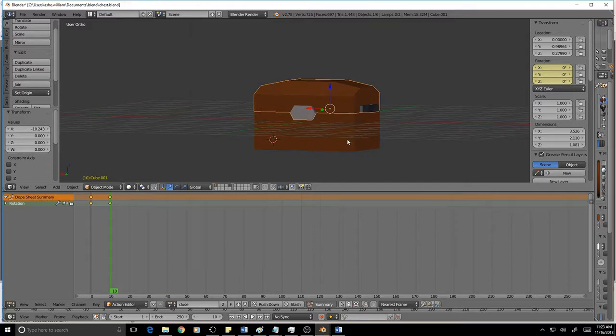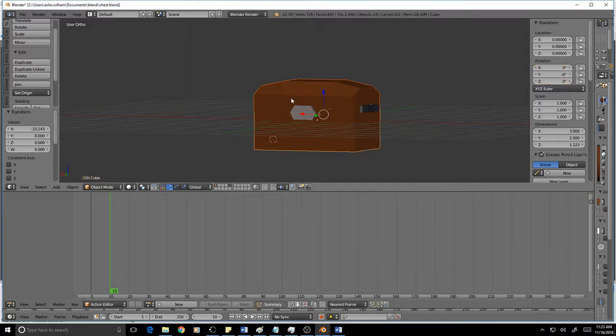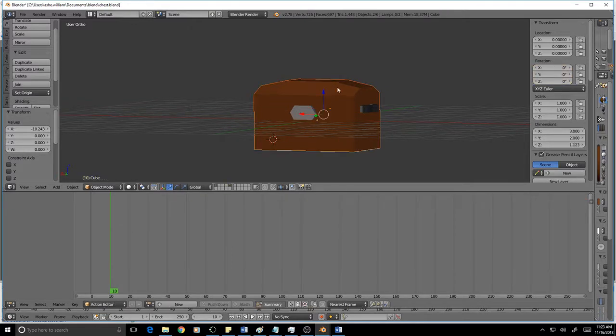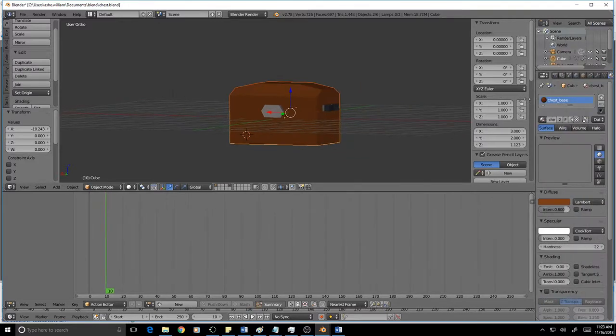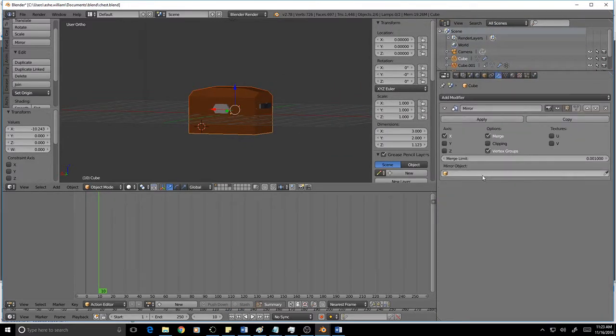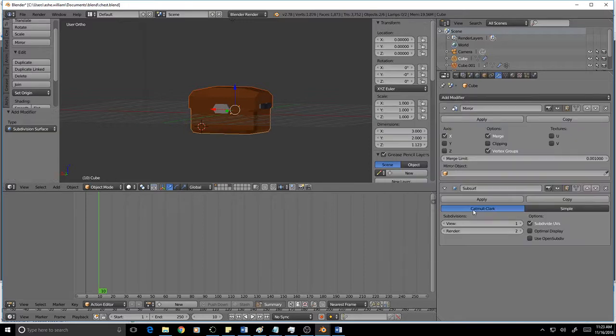One option we can do in this blend file is subdivide our objects. So I'm going to subdivide the top and bottom of the chest, not the lump of gold in the middle, because I think it looks good how it is. I don't really want to change that. Let's just see what a subdivide modifier looks like. So if we add modifier, subdivide surface,